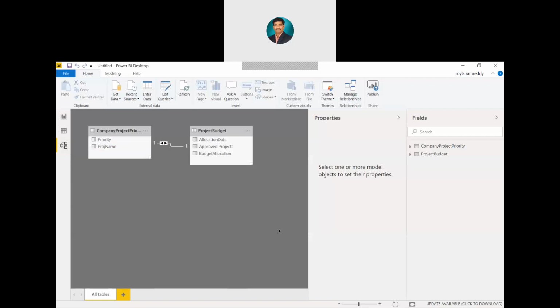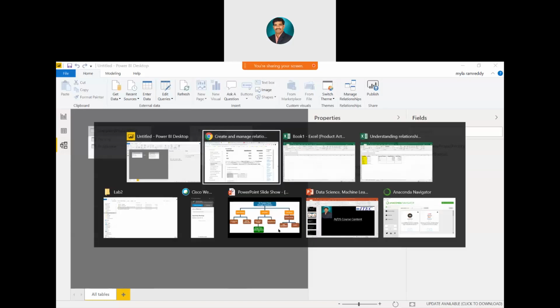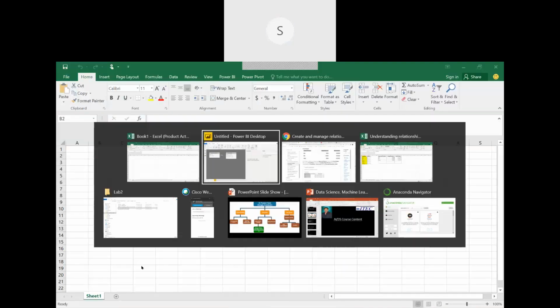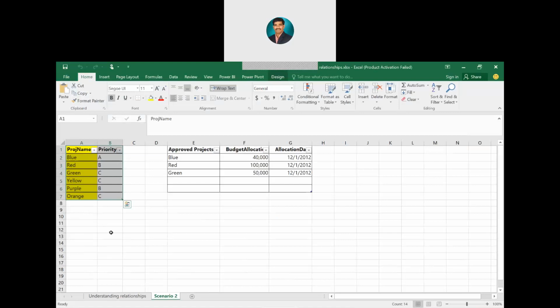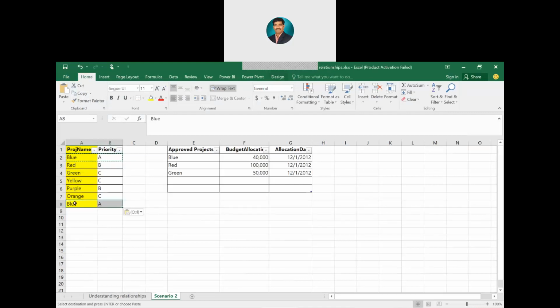Do you agree? Yes. The meaning of loophole here is, there may be a situation tomorrow where I have a blue project coming with priority B. At that time it will be wrong. Or I can say it one more way.